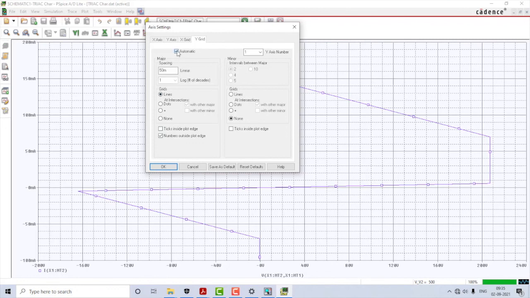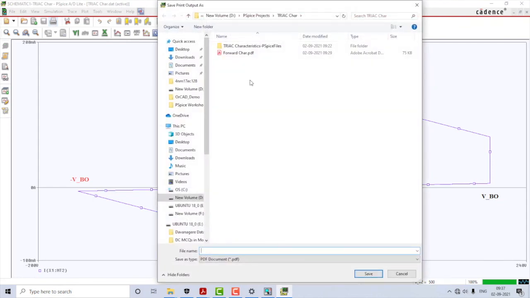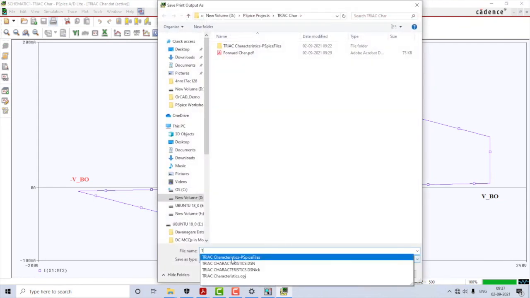So, I have to remove this automatic and make this as 200 milli. So, if I do this, only x and y axis will appear and every other line will be gone. So, you can now place labels as per your own choice here. So, you can now print your graph and save it as a PDF, which simply means triac characteristics both in the first as well as third quadrant.